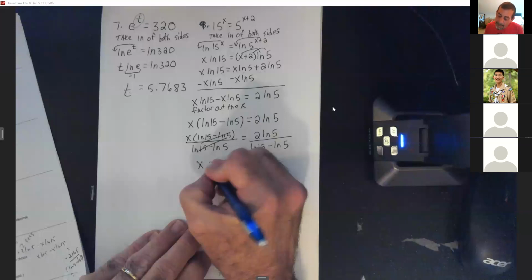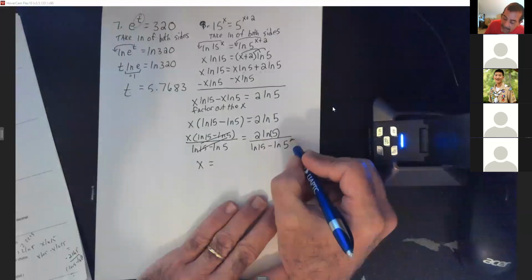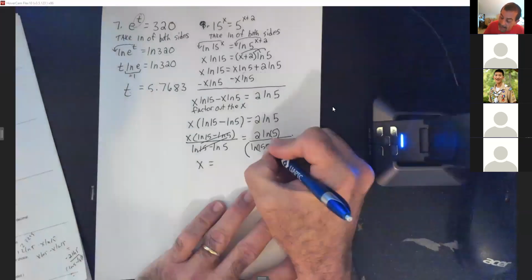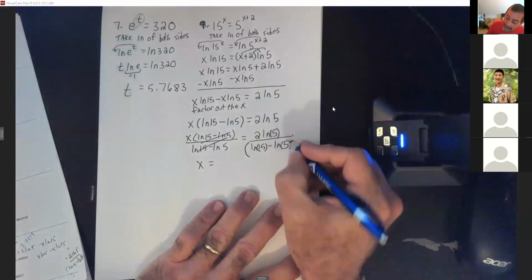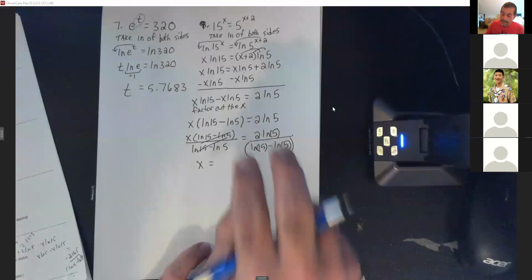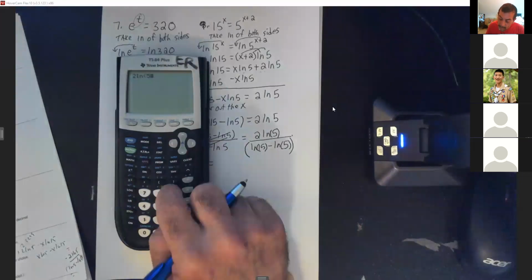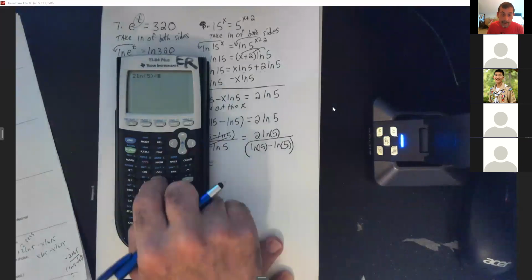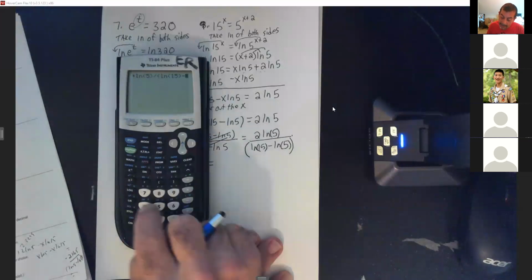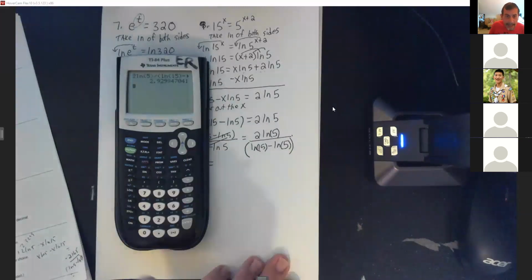Now, watch what I'm going to do. When you do the 2 ln 5, you've got to close parentheses. Then you hit divide. Then you've got to start big parentheses, put in the ln 15, close its parentheses, put in the ln 5, close its parentheses, then reclose those main parentheses. If the bottom is not put in big parentheses, it will not give you the right answer. So I would do my 2 ln 5, close parentheses, divided by big parentheses, ln 15, close those parentheses, minus ln 5, close those parentheses. Now close the big parentheses, hit enter, and I get